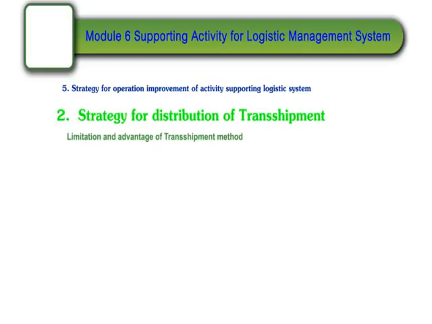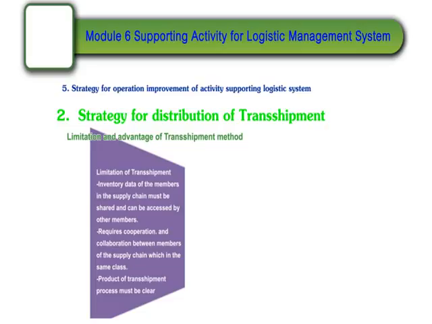Limitation and advantage of transshipment method. Limitation of transshipment. Inventory data of the members in the supply chain must be shared and can be accessed by other members. Requires cooperation and collaboration between members of the